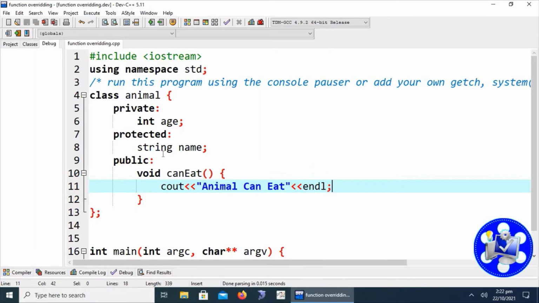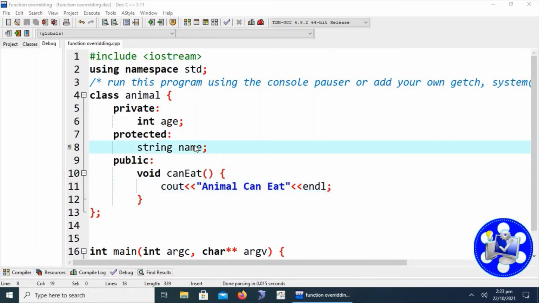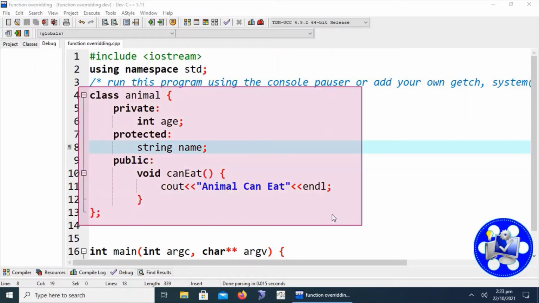Now we have to discuss this entire code. First of all, this is the complete class structure in which we have three access specifiers. The first one is private, the second is protected, and the third is public.